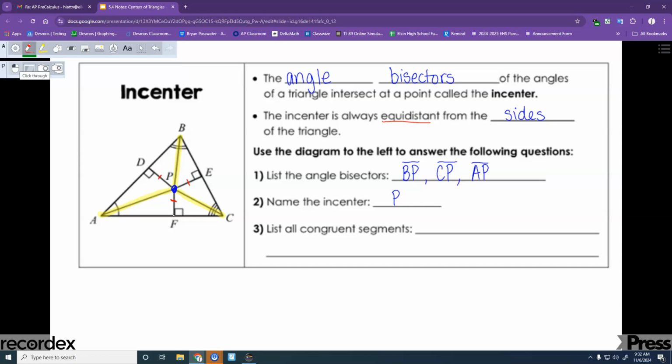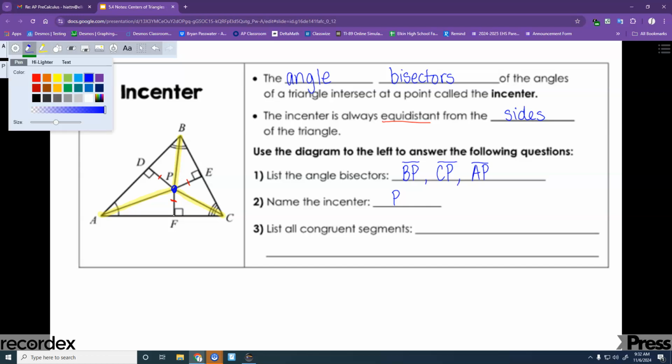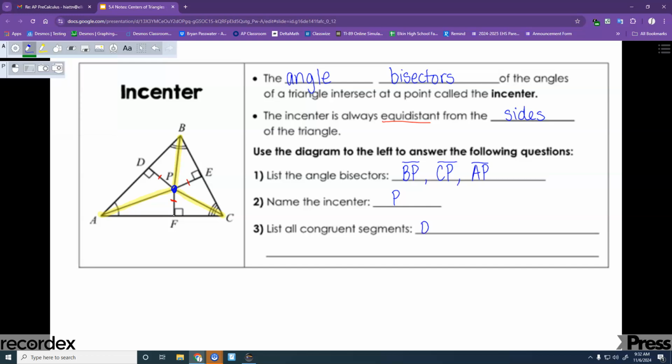So if we want to list our congruent segments, we would say DP is congruent to EP, and that is congruent to FP. All those sides are congruent. Those are our only sides that are congruent to each other, but we do have some angles that are congruent